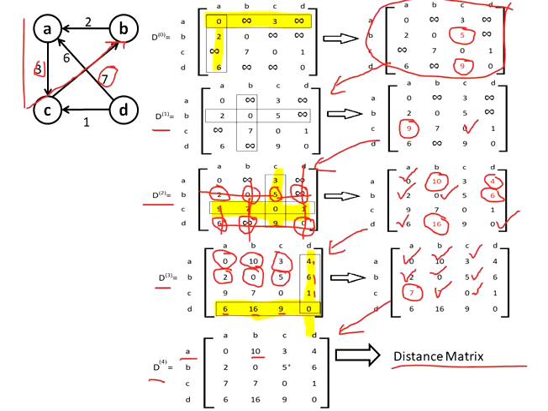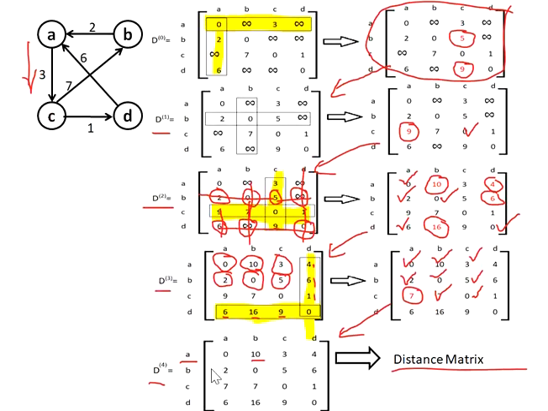Now A to C is 3. We already have a direct route from A to C, so there is no worry about this. A to C is direct, 3. Then after this, if we consider A to D as 4, what is A to D? We don't have any direct route from A to D, so it has to go from A to C. A to C is 3 and C to D is 1, so the total cost is 4. So we got 4.